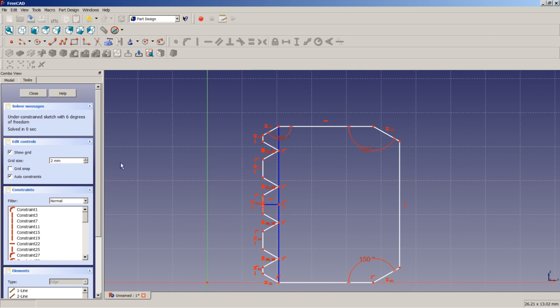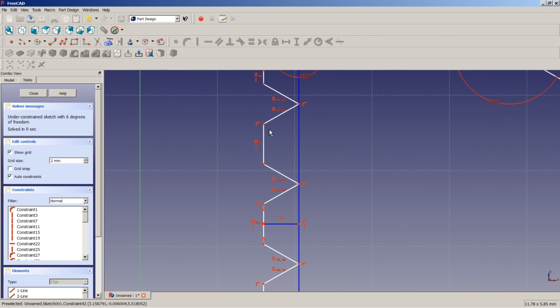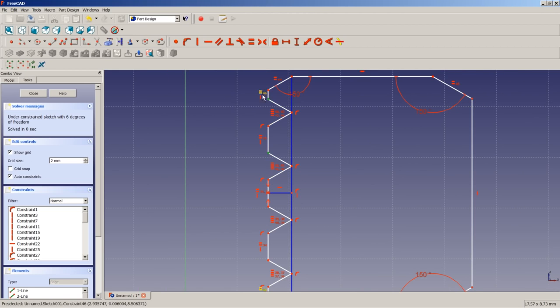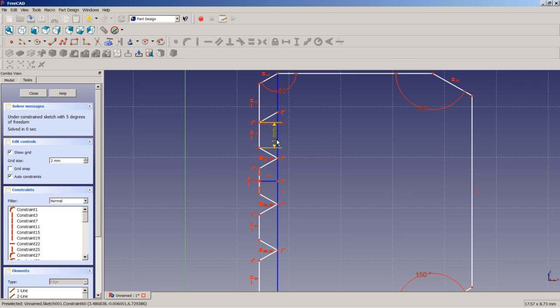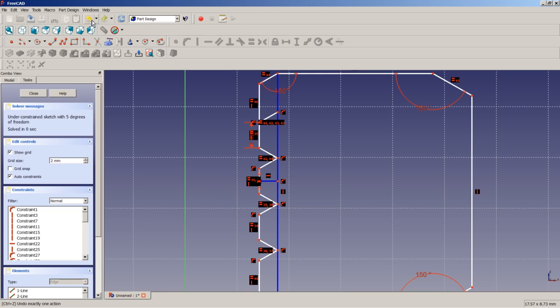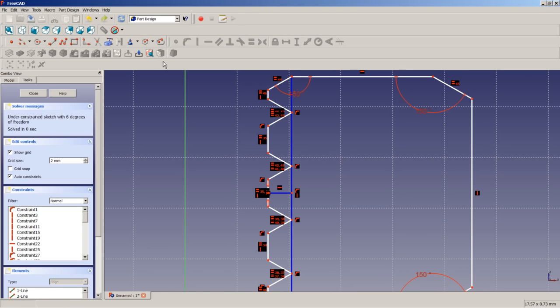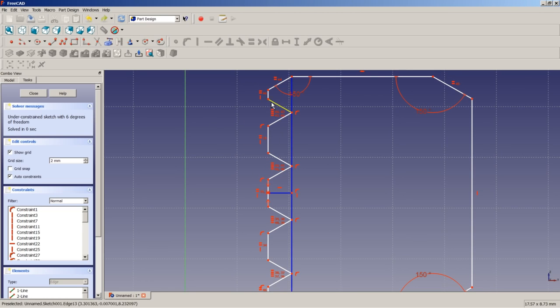So now we are left with 6 degrees of freedom. So the next thing would be to apply this dimension here, which is also regulated by DIN 13. We apply, in this case, a vertical distance of 1 millimeter. As we see here, the solver overreacted a little bit, so we choose to go back and we apply a constraint